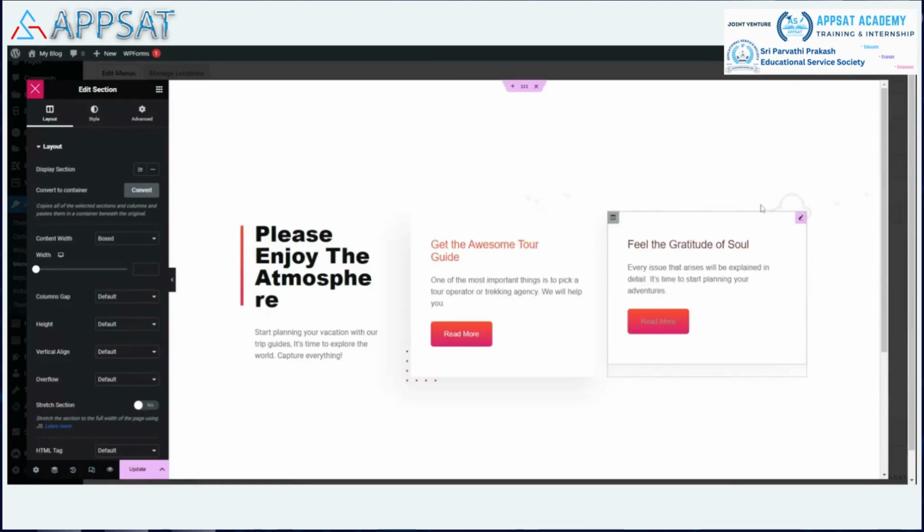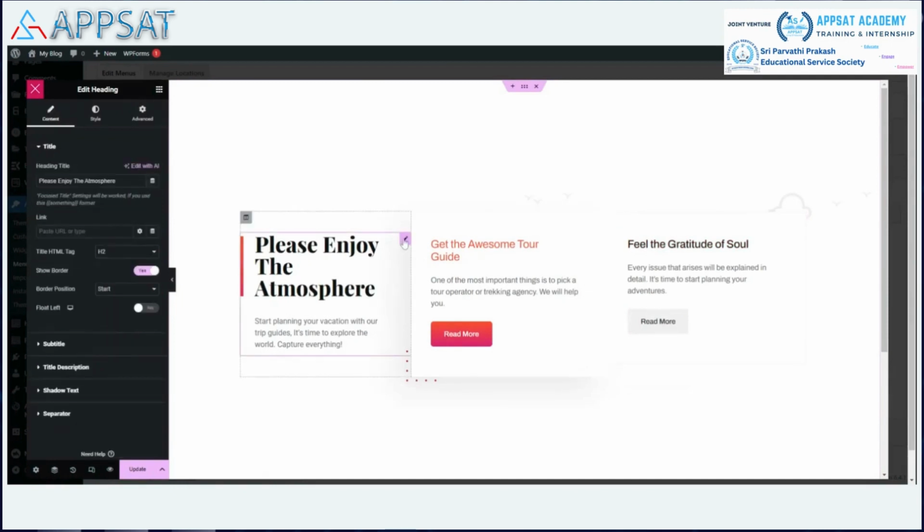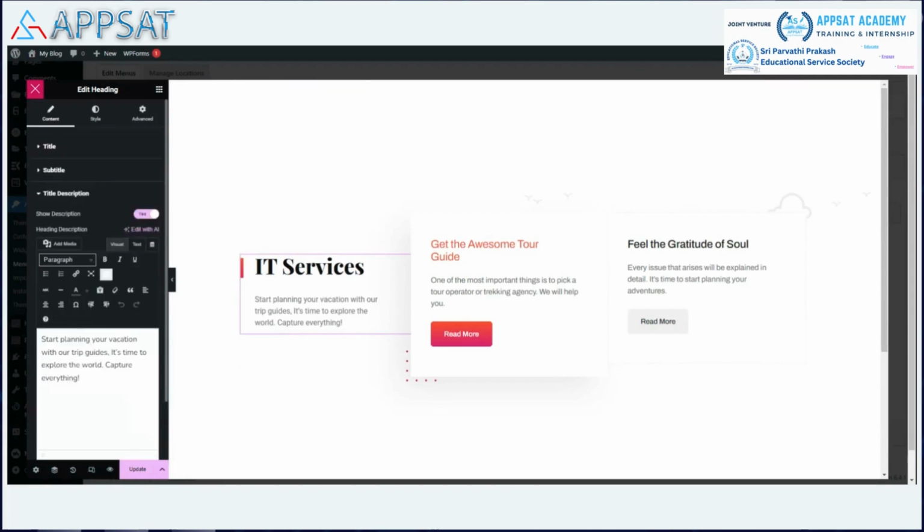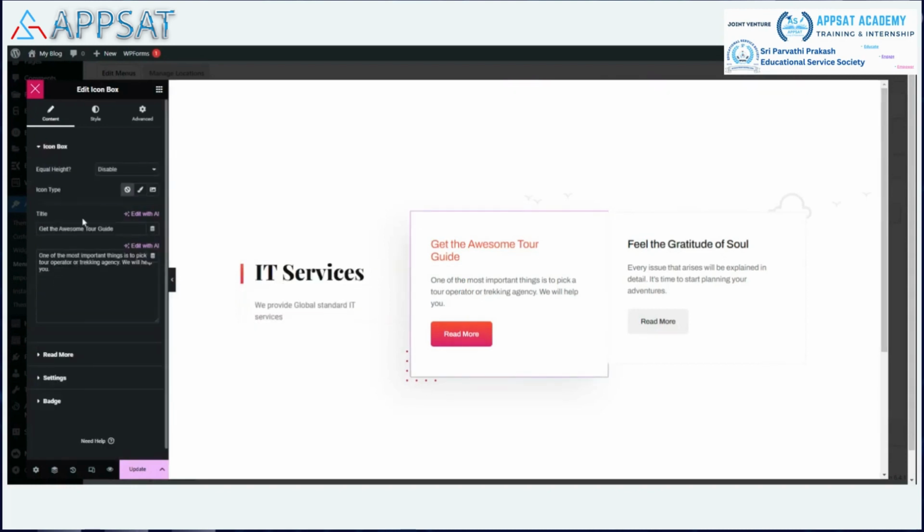Okay, so this one I have created. Please enter the atmosphere. It will look like this. What I have to give here is IT services. Okay, and the description: we provide global IT services, and here you can have